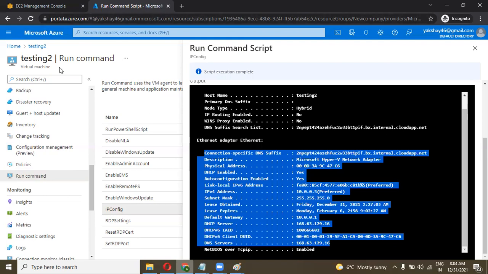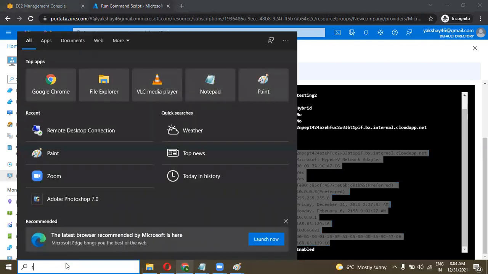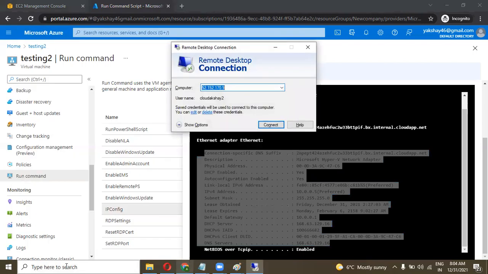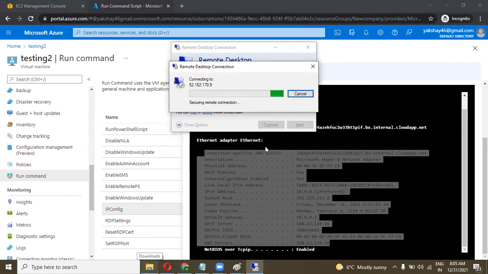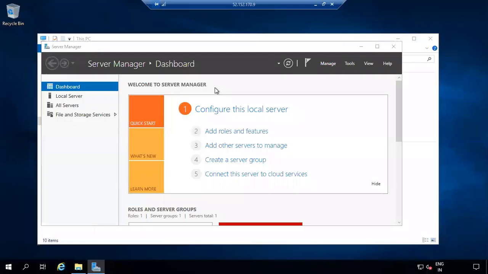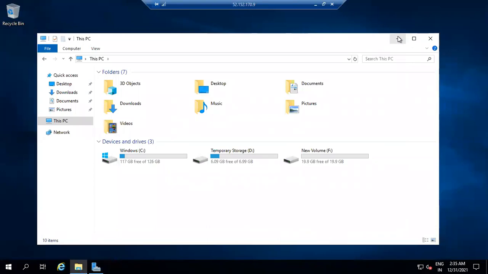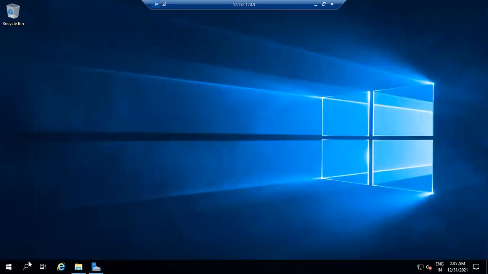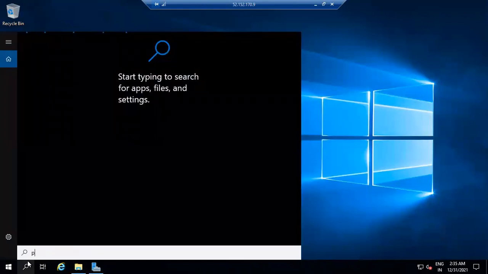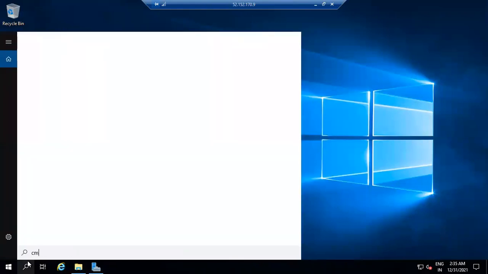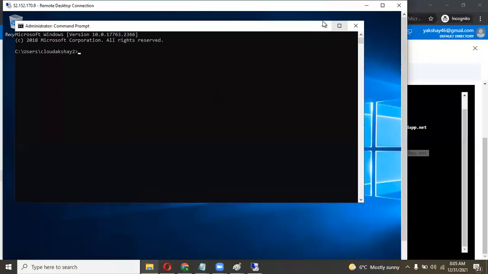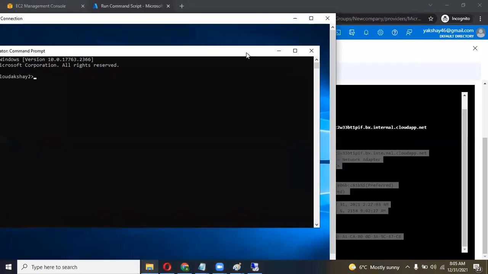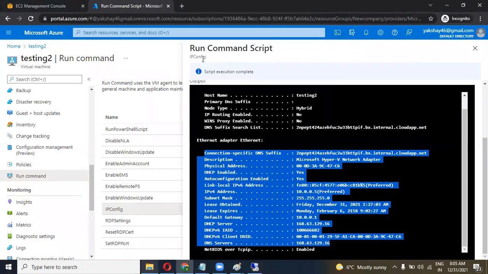But if you want to cross check this machine, then open the RDP tool and click that machine. Run the same command in the machine. You can see the same output here. Go to PowerShell or CMD. The command name is ipconfig.